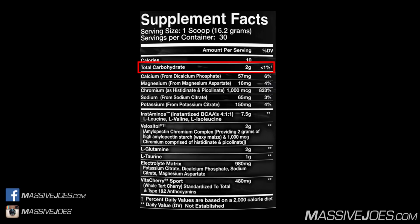We're then going to skip over those electrolytes at the top of the nutritional information panel because we deal with them later on when we get to the Electrolyte Matrix. So let's skip over calcium, magnesium, chromium, sodium, potassium. And now we get into the first active ingredient. As far as we're concerned, it is Instaminos, which is the trademark registered version of instantized amino acids from our